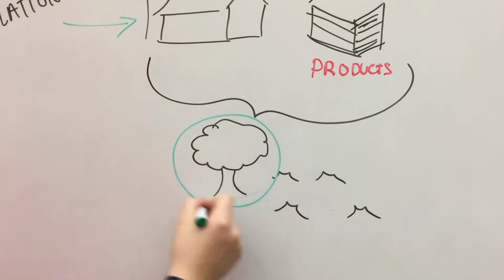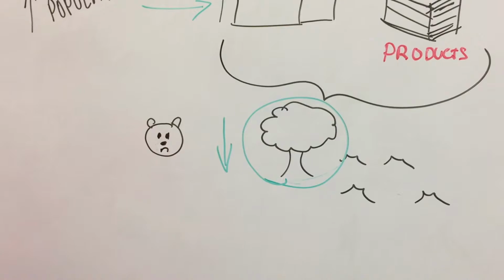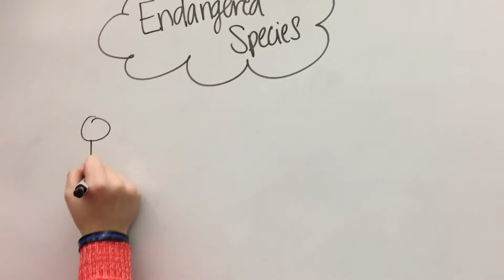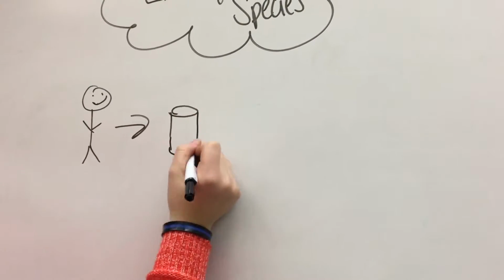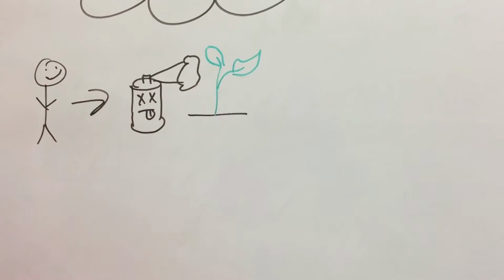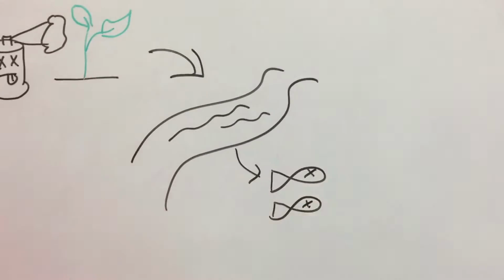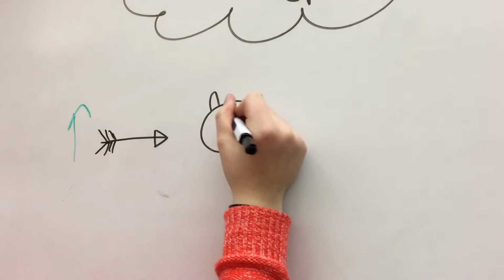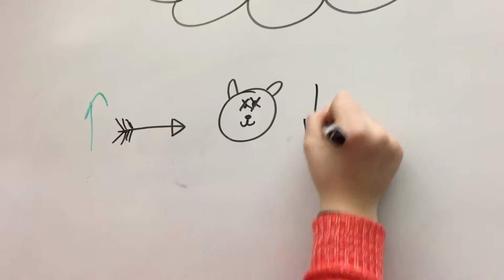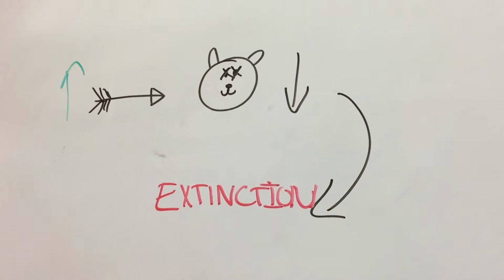As humans use up more and more of these resources, we end up leaving very few resources for other organisms, causing more competition for what is left. The use of pesticides and fertilizers can also have a big effect on aquatic habitats, as some of them run off into streams and lakes, disrupting aquatic life. Other activities, like poaching and overhunting, have also contributed to the extinction and endangerment of many animals.